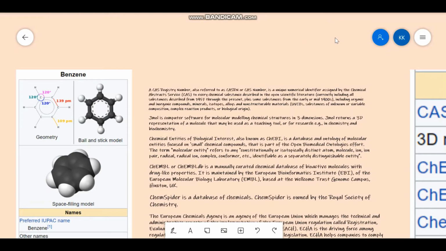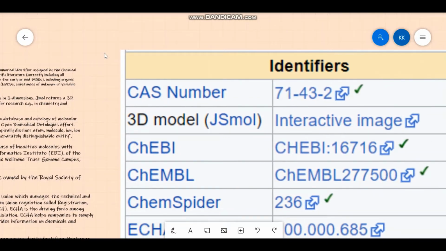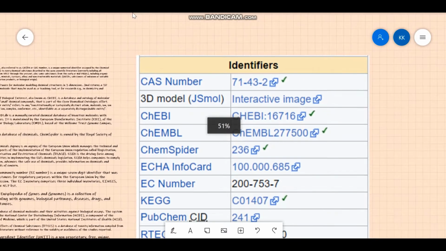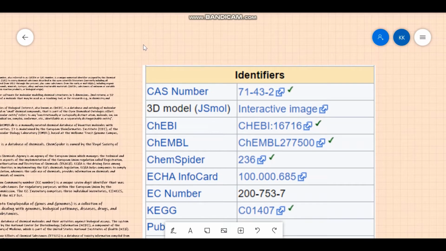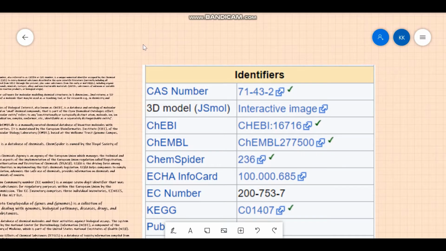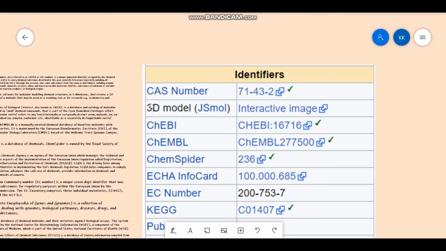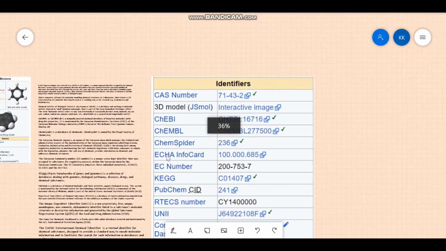Hello guys, in today's video we are going to go over the various identifiers which are listed on Wikipedia for chemical compounds. These identifiers are based on different regulations and made by different organizations to assign certain numbers or characters to a particular compound so that it can be distinguished from other compounds. Generally, we just click on a few of these which we commonly use, such as the 3D model or ChemSpider, which we know for structures, but we don't know what the other ones mean. So in this video I'm going to go over what all of these mean.